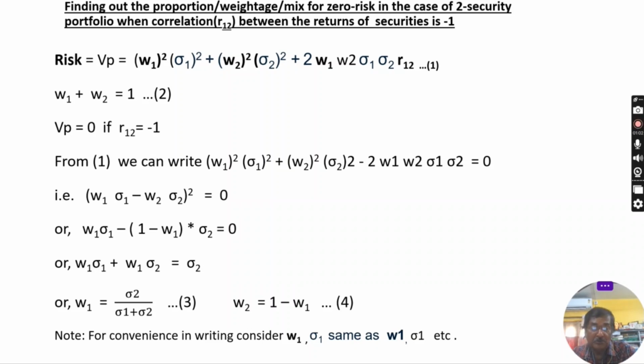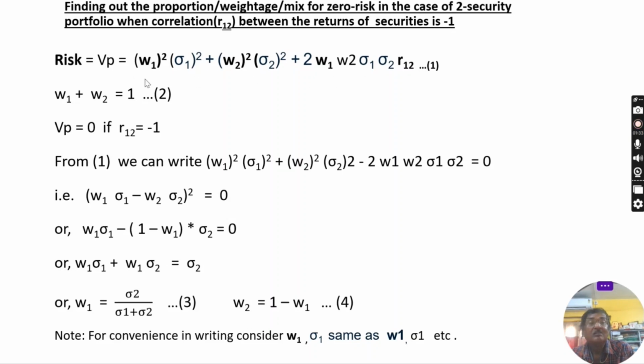Here today I am going to discuss that case where the risk for a two securities portfolio would be reduced to zero, and at the same time I will discuss how to compute the weightage or proportion of investment to that portfolio for reduction of risk to zero. How? That I am going to discuss. First,